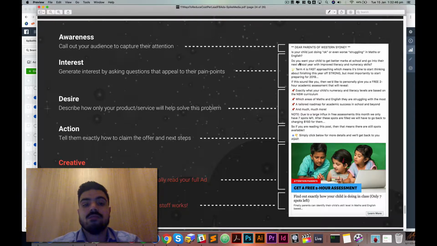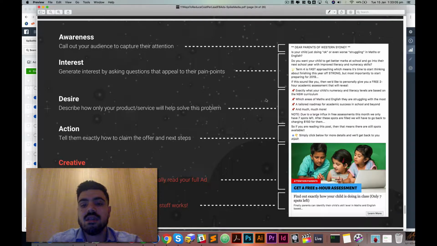Now, in this phase, we want to build desire. So what are they going to get from our product? What are they going to gain from it? And this is best displayed via dot points. So use little nice emojis just to spruce things up, I guess. You don't really have to. Completely your call. So to build desire, we want to tell them exactly what they get from our offer, which